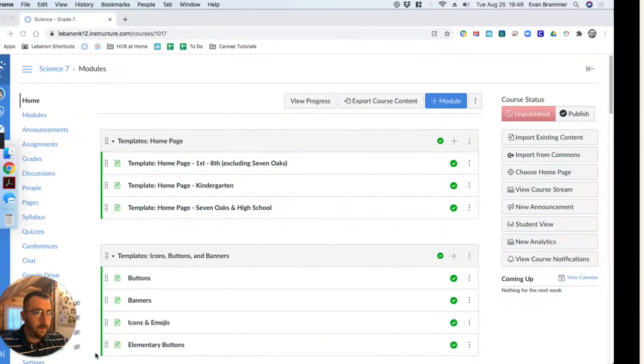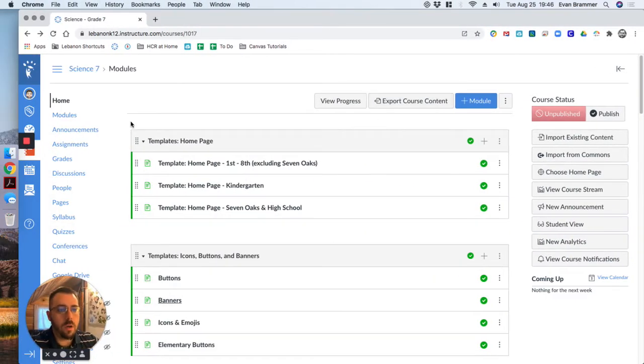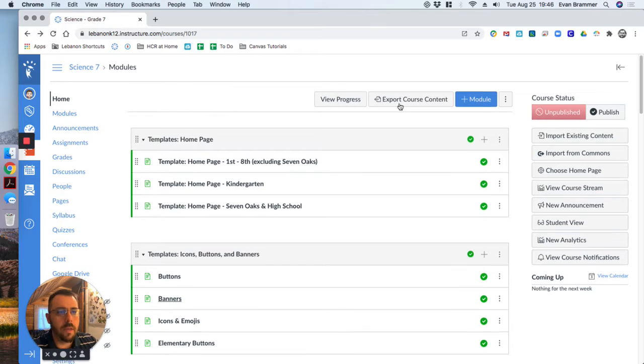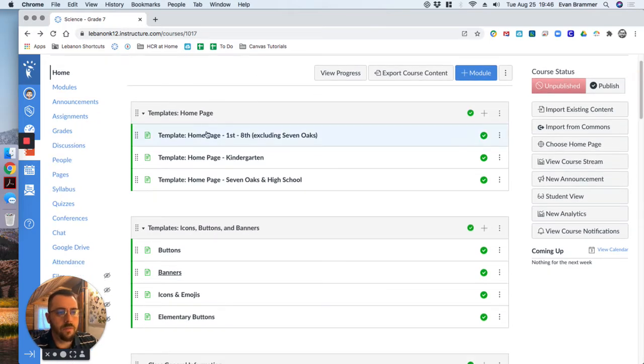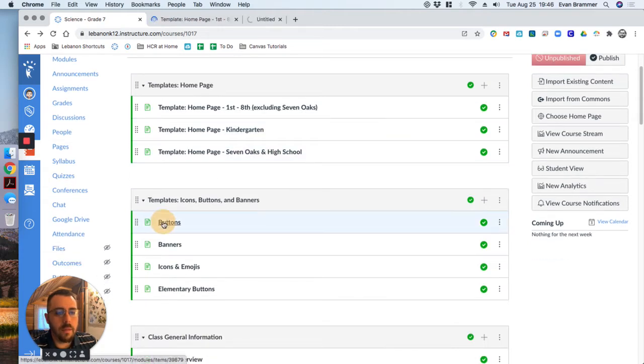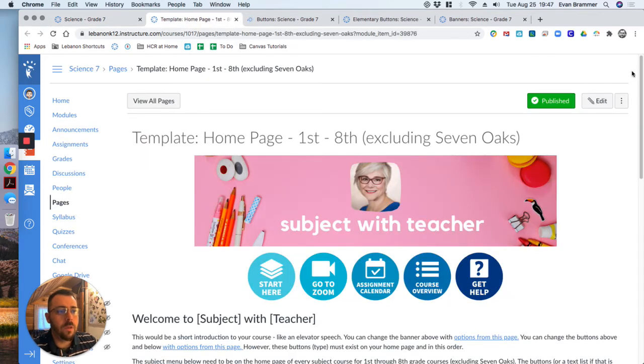Okay, so when you're in the module page, here are some pages I'd have you open. The first one is this 1st through 8th, excluding Seven Oaks. So I'm just going to hold down Command or Control, depending on Mac or PC, and click it. And then go ahead and open up the buttons, elementary buttons, and banners. I'll show you what's there, but I'll show you how to edit them in a different video. So let's just talk about what the required elements of an elementary plus Hamilton Creek and Lacombe